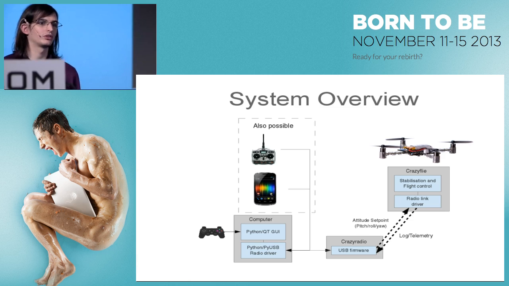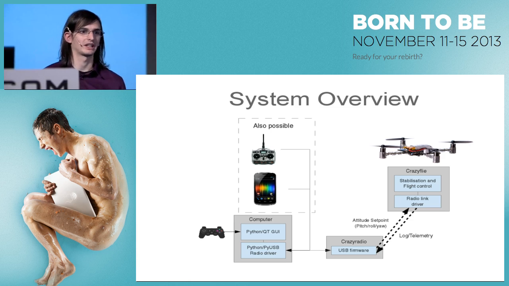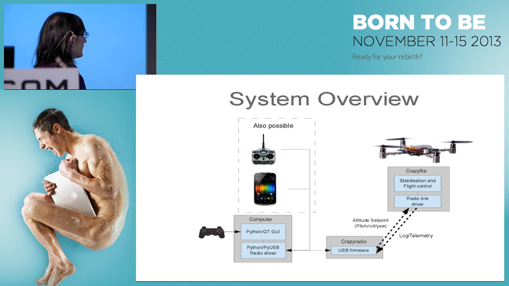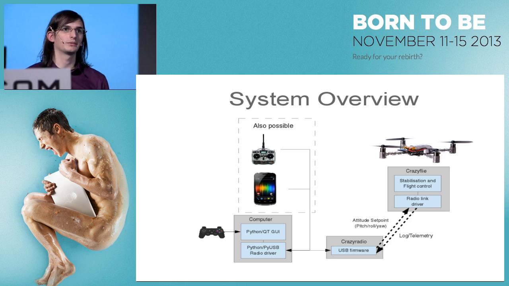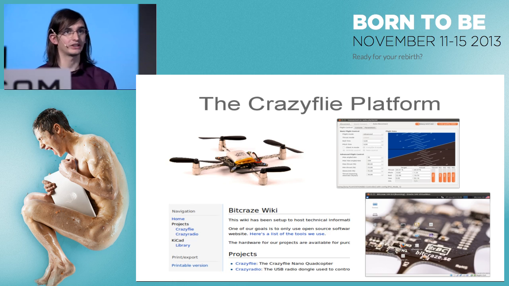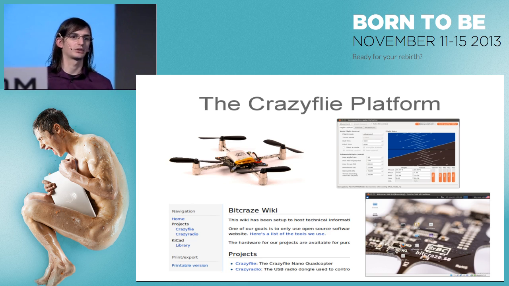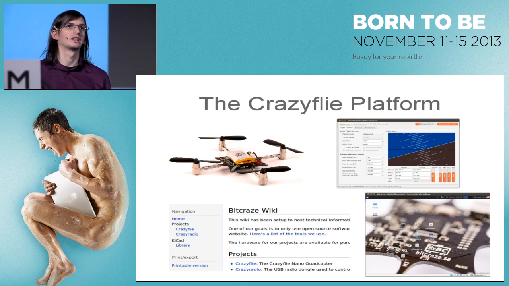We can also use Android phones or controllers. That's a few things we have been trying, or embedded systems like Raspberry Pis. So the computer seems to be a little bit in the way, because normally when you have a drone, you just have a controller and you can control it in the air, but that was on purpose. At first, to be able to debug it, and later, it's really because we wanted to make the Crazyflie an open platform, so we wanted to be able to do stuff with it,